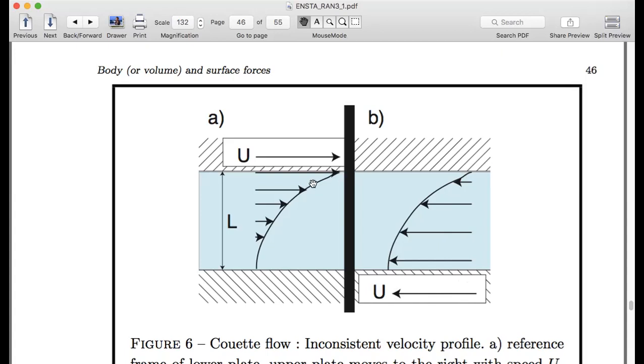And if this were the velocity profile observed by the observer on the south bank, then the observer on the north bank would see the same velocity profile minus this, right? So the velocity is 0 here. It has the same form, but it looks like this. But then if you consider that